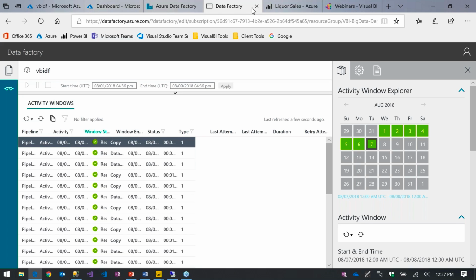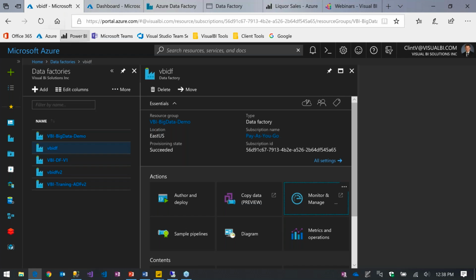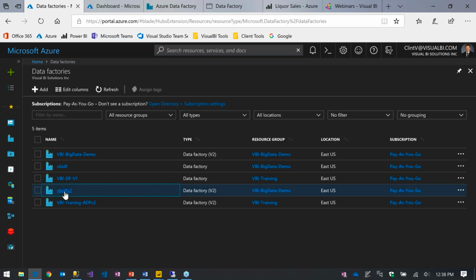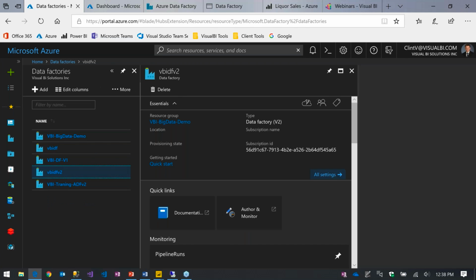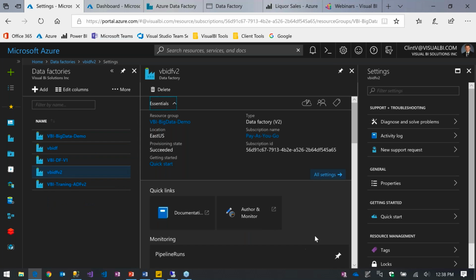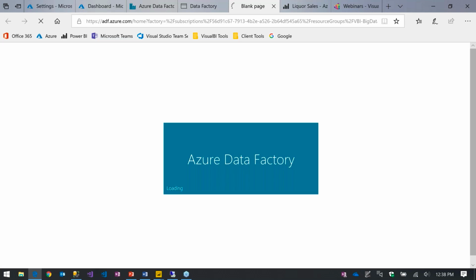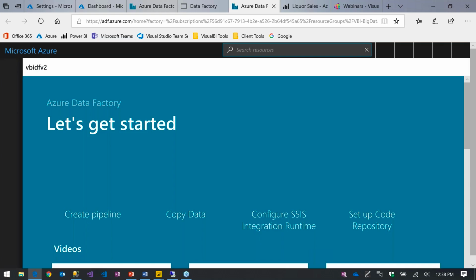Okay. So let's jump back over. I said that I would talk about version 2 of the data factory very quickly. So let me jump over to that, show you what that looks like. So a little different here. Not as many. All those things that we saw in version 1 are gone, and that's because when I click on this, it opens up an entire new tab of all those type of things for the data factory.